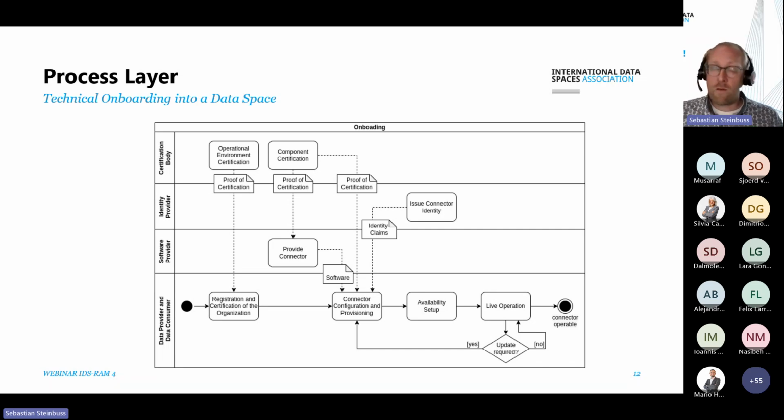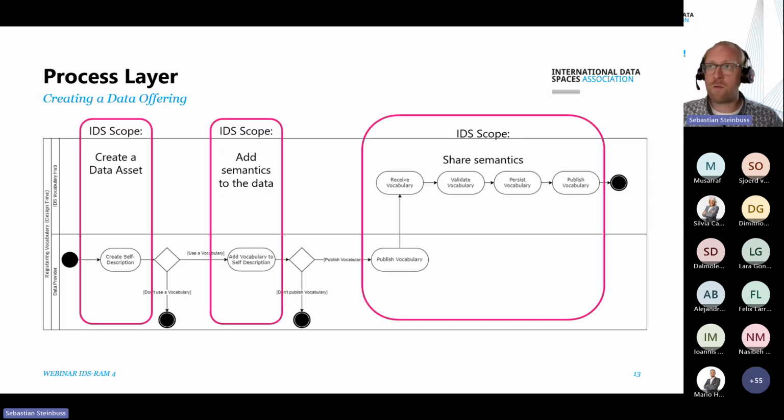Then when you're part of a data space, your connector is available and running, and you have connected your data to this, but well, wait, you want to create a data offering. This is one of the key aspects. So it's not only that, well, I connect my database to a connector and off we go. No, you want to describe something like a self-description for that one. So describe what kind of data you have. And I have explained to you about the information model and the idea of the data as a tradable asset before. So you create a data asset that you want to offer somehow as a technical description. There is an endpoint how you can use this. This is a format,